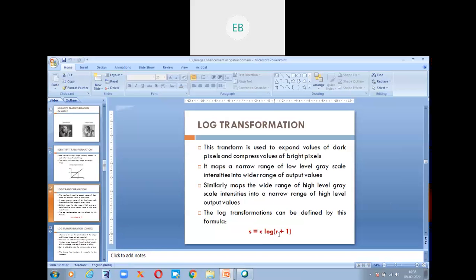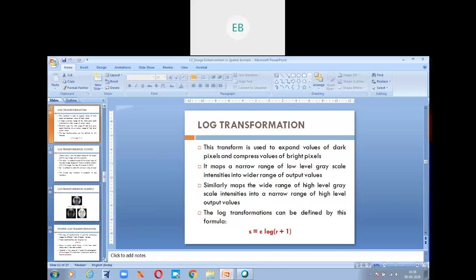Here, see, the equations are almost the same for all the transformations because basically we are talking about gray level transformations and their functions, right? The only thing is that when we describe a particular function, the equation s equals to capital T of r keeps on changing. So for log transformation, we simply add one log function and a constant c. Okay. Then what is power law transformation?